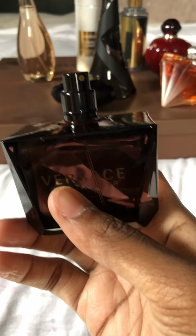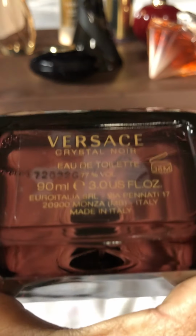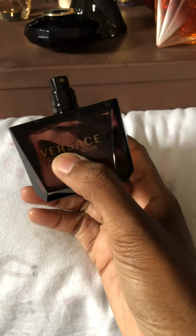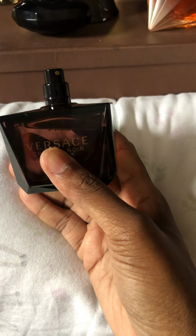In my opinion, I don't think that there's a difference between either of the two. This one I think is an eau de parfum because I like eau de parfum concentrations. They last longer. Oops, I'm wrong. This is an eau de toilette. Check that out. This is an eau de toilette, you guys, and it lasts very long on my skin. It projects very well. I get about, you know, maybe 6 to 7 hours with this one when I wear